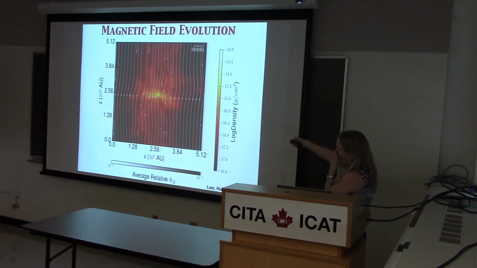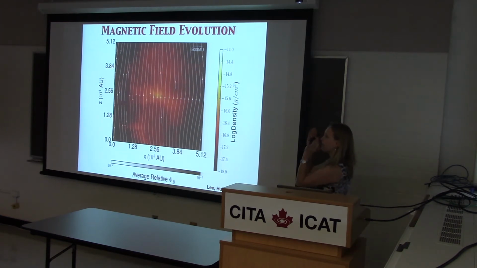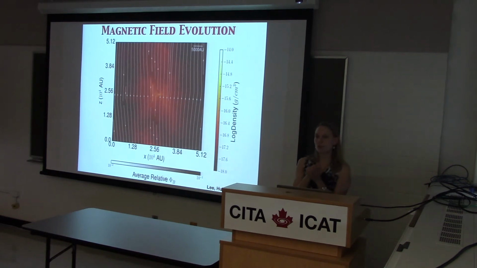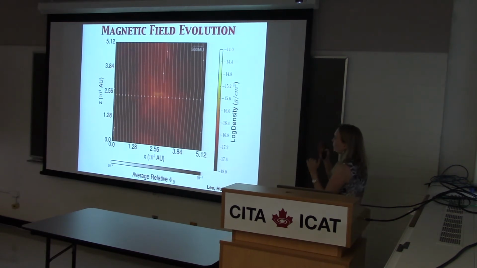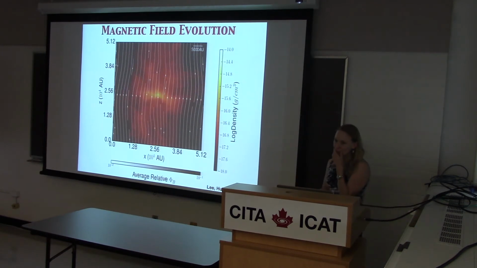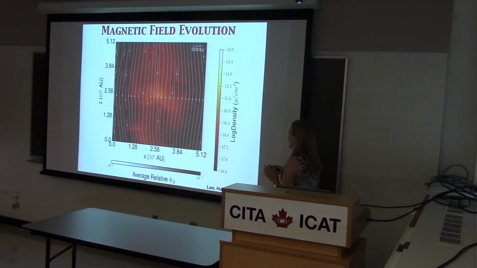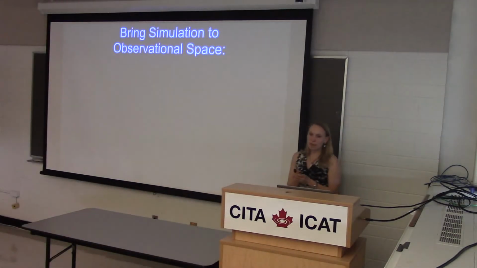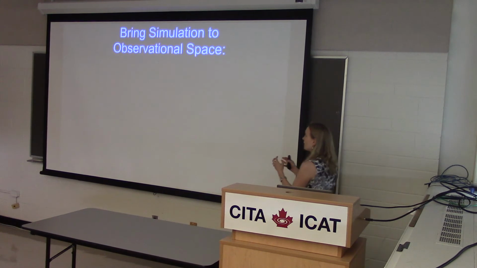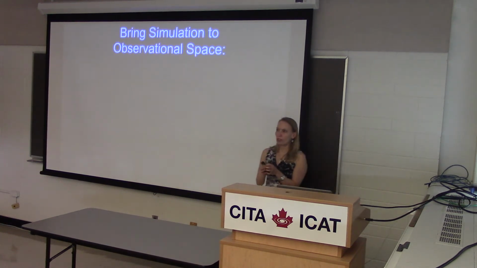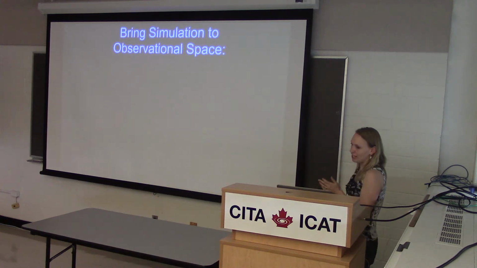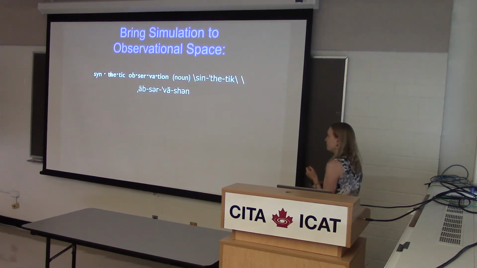At the very early times, you could see that there was an hourglass figure, which corresponds to the first 100,000 years after the protostar forms, and then the hourglass figure is lost as the gas is being expelled by the outflow. All right. So this is nice, but then the goal to understand the data is that we have to bring this into observational space so that we're comparing apples to apples. All right. So to do this, we need synthetic observations.